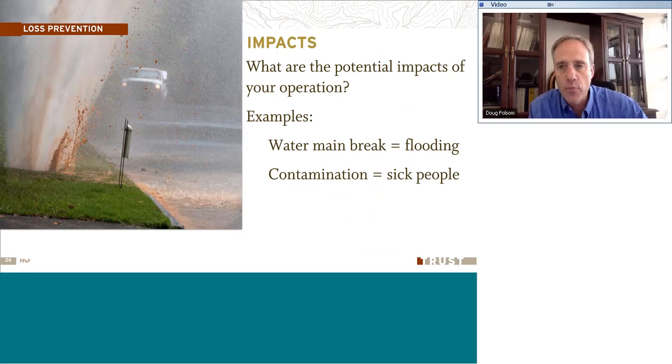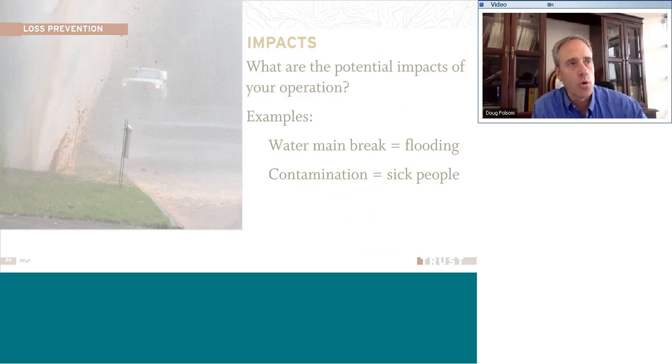If we have a water main break, what can be the result? Well, we could have some flooding, and we see lots of liability claims come in from flooding from a broken pipe or something. What can we work into our management system to help minimize those types of breaks? Or how about a cross-contamination or some other contamination of the water supply, where we put people's health at risk? That's definitely a hazard that we need to consider and that needs to be addressed in this management program that we put into place, to make sure that we are accomplishing our policies, meeting our goals and our mission.